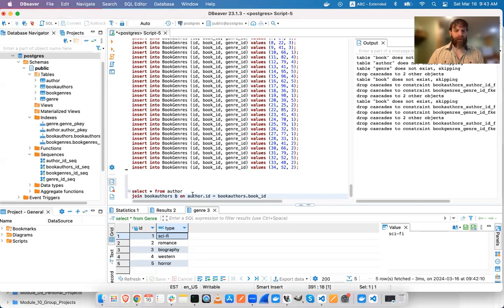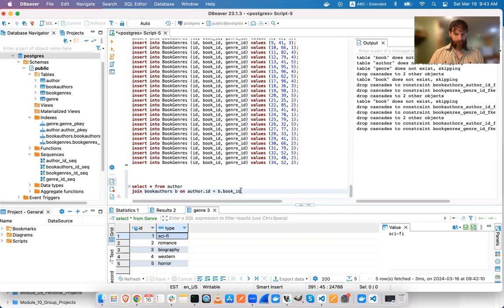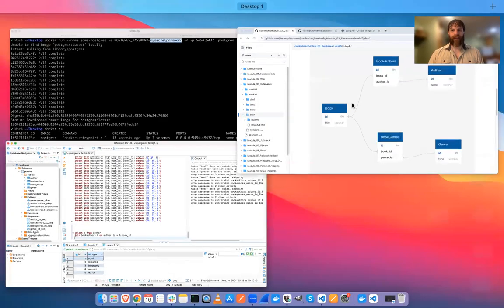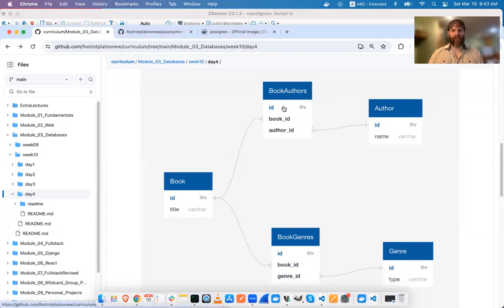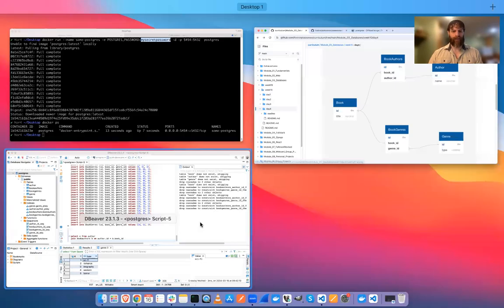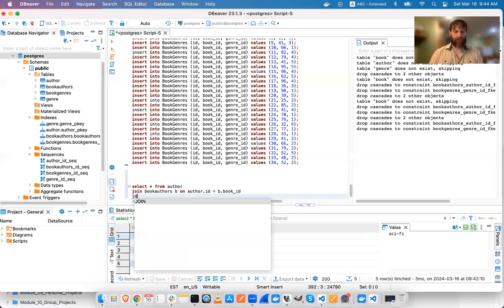So this tool will automatically alias a table, and you can do that or not. It's up to you. So book authors B, you could then refer to this as just B. Either way is fine. You can either fully specify it or provide an alias. And once we have author and book authors, we just follow the chain. So book authors to book. We're just going to add another join, book